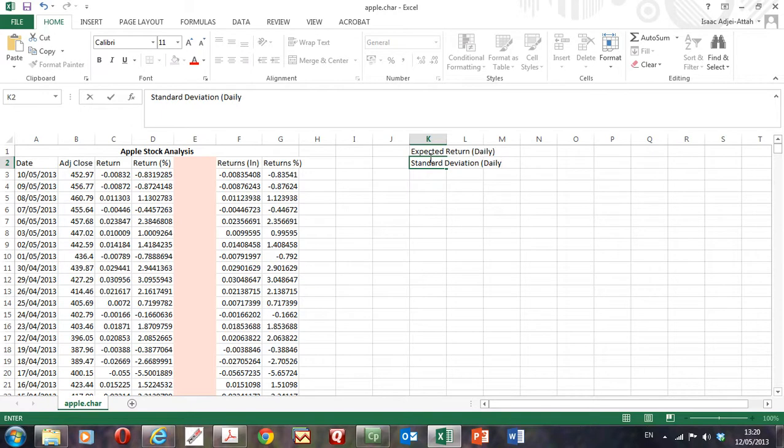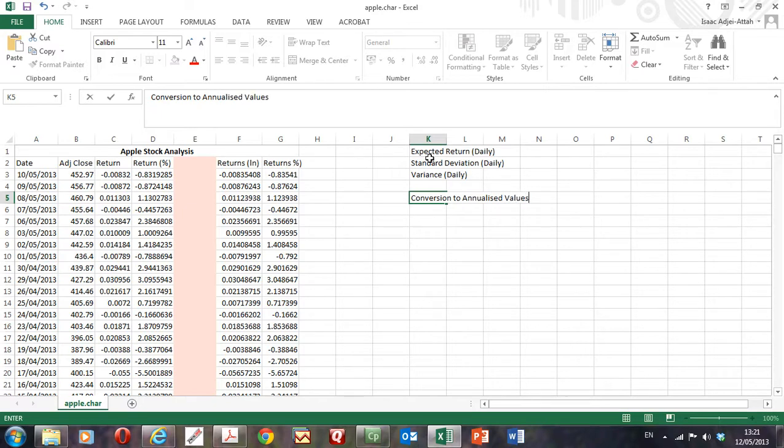It's just basically the mean return. That's what we'll calculate first, and then we'll look at the standard deviation. Standard deviation, of course, that's going to be daily standard deviation as well, and then we'll look at the variance. Okay, that will be daily as well,